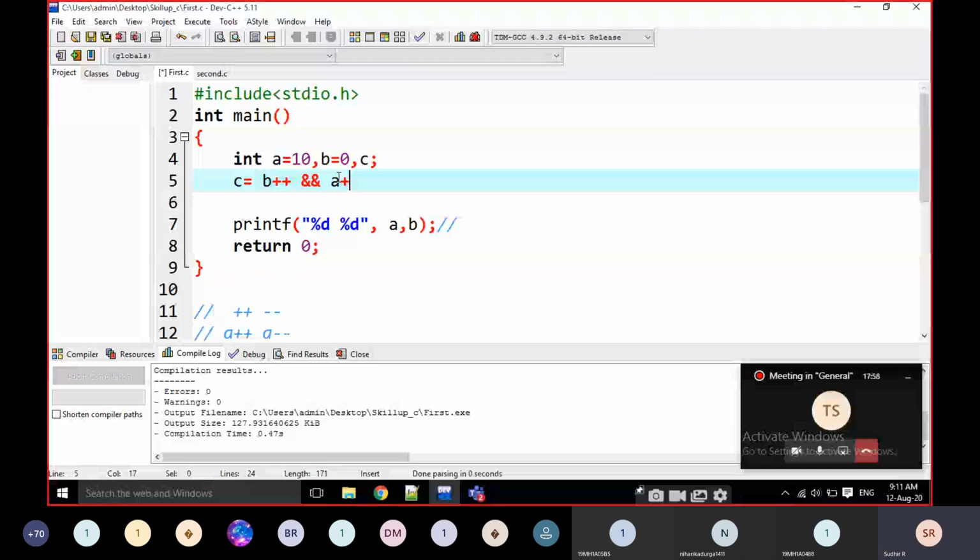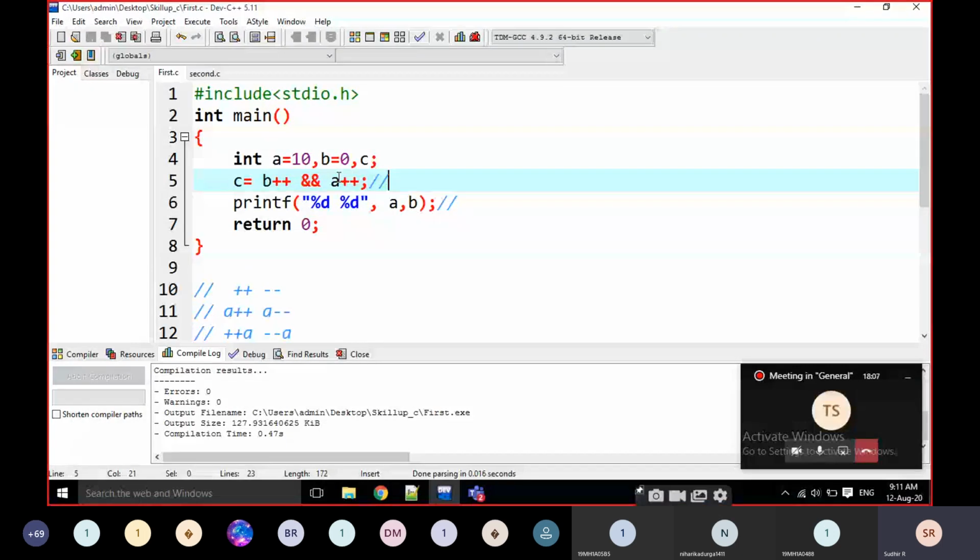In C programming language or any programming language, only 0 refers to false. Other than 0, either a positive number or a negative number, refers to true every time.